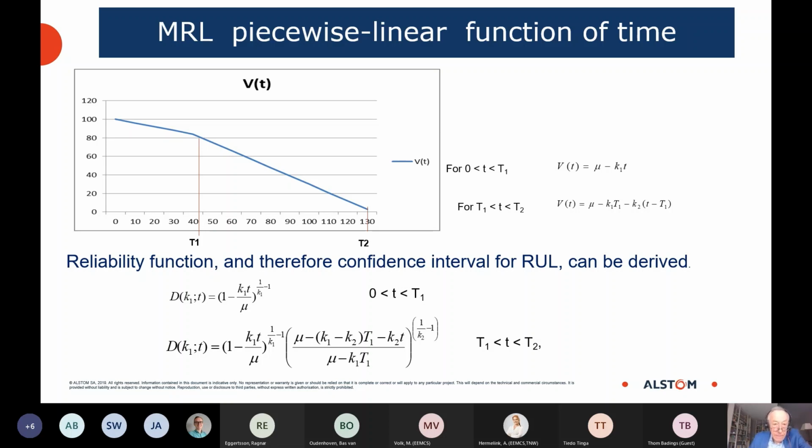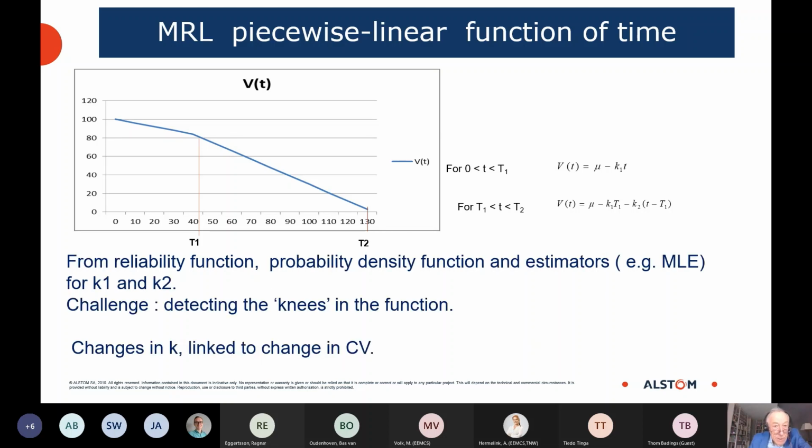So you get this formula for the reliability function, and that can be used to derive, of course, a probability density function, and then you can use estimators for k1 and k2. But the challenge here is to detect the knees in the function. It is the change of slope in the mean residual life. And of course, these changes in slope are linked to the changes in the coefficient of variation. So this is an area of investigation, because it's easy indeed to generalize, but then we have to find the